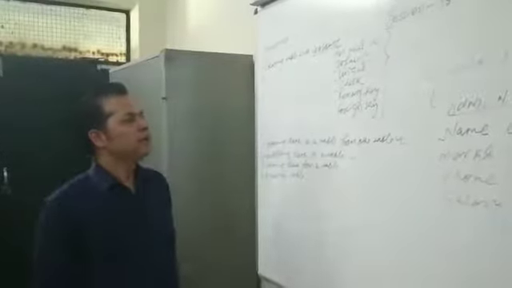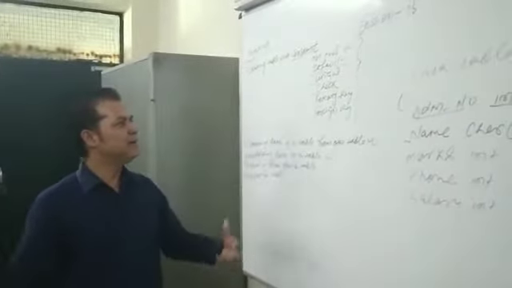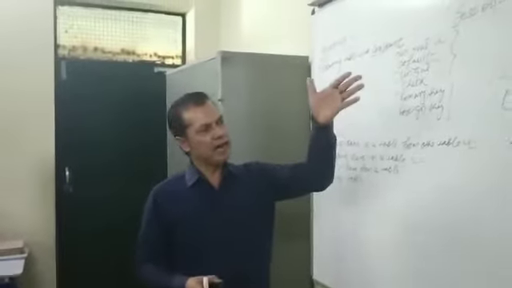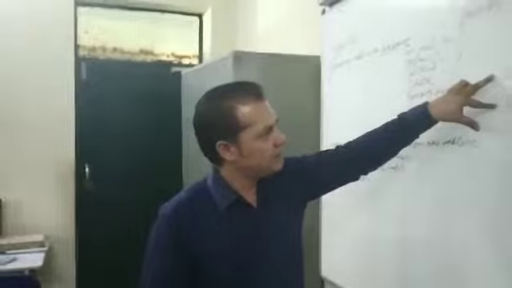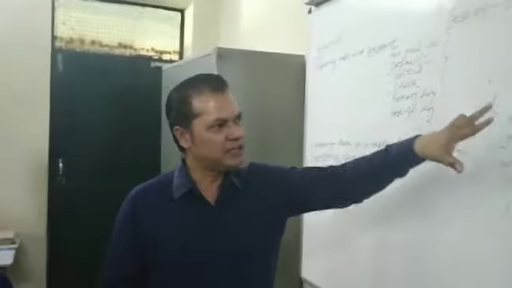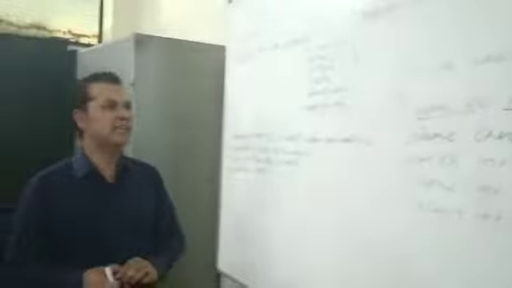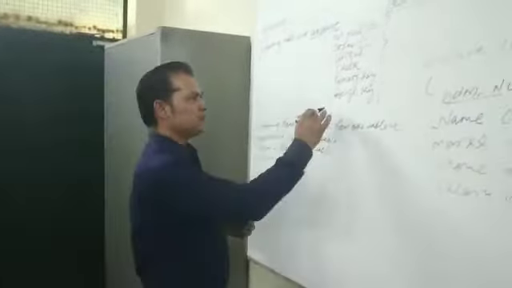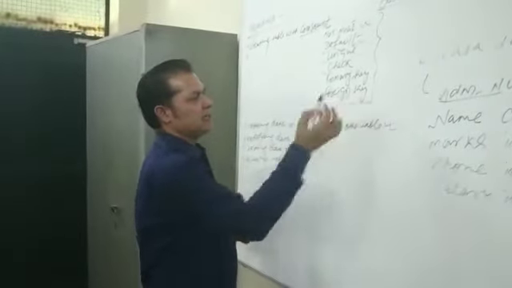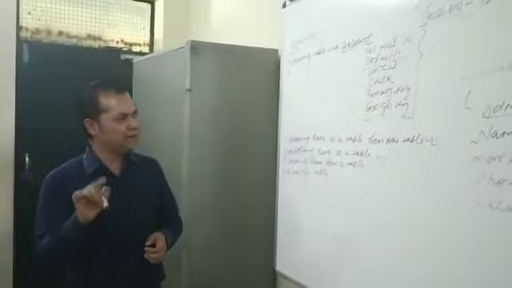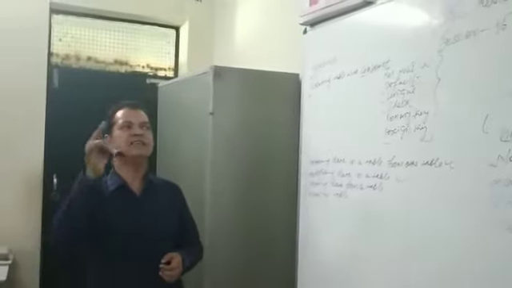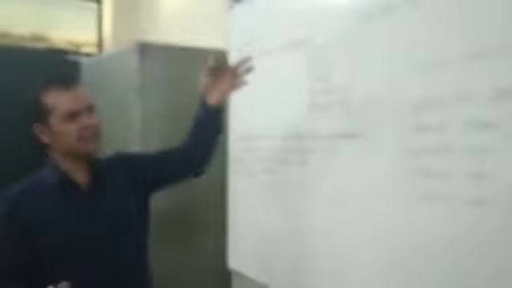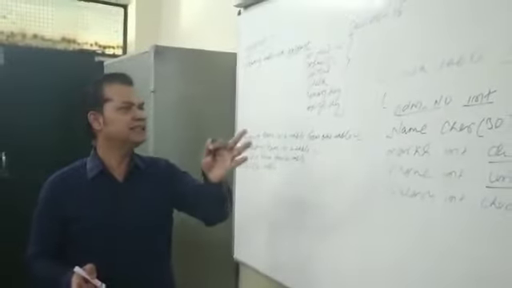And the foreign key. Foreign key is a constraint which allows you to make a relation between two tables. To create a foreign key, one way is to create it at the time of creation of the table, and the second is by the alter command. But mind it, before creating the foreign key, that field should exist as a primary key in the other table. It means I need two tables. One is a primary table and another is a secondary table where you are trying to create the foreign key.